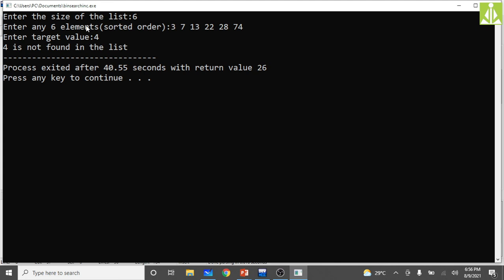So the binary searching technique is an efficient technique because it requires fewer comparisons when compared to the linear search algorithm or sequential search algorithm, but with an added cost. What is that added cost? The list must be in sorted order. In order to apply the binary search algorithm, the list must be in sorted order. And if the list is not in sorted order, the only available option is the linear search option.